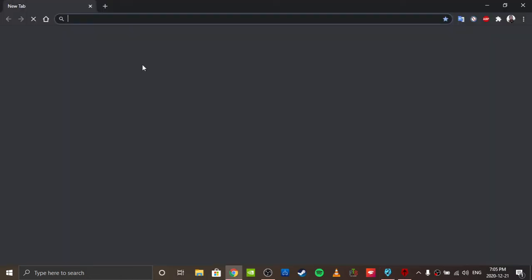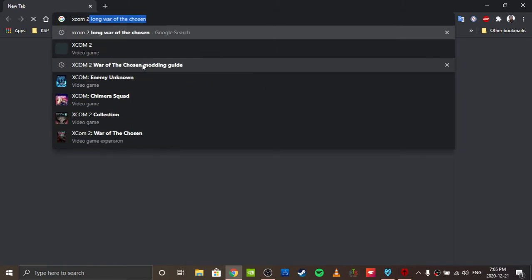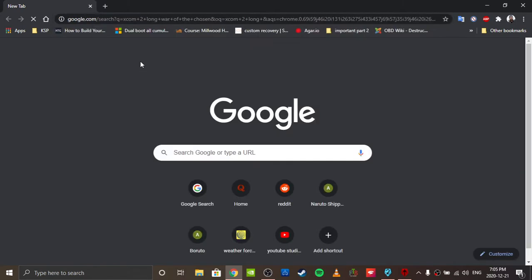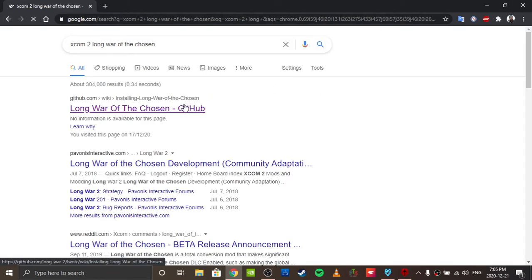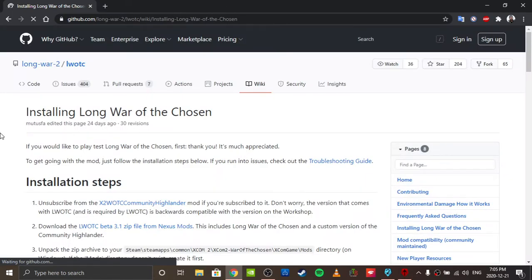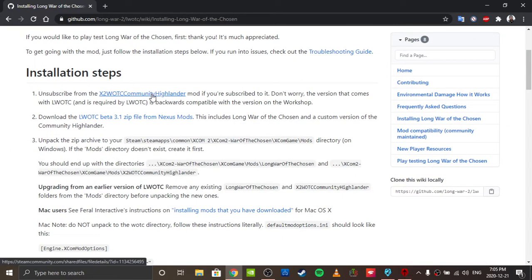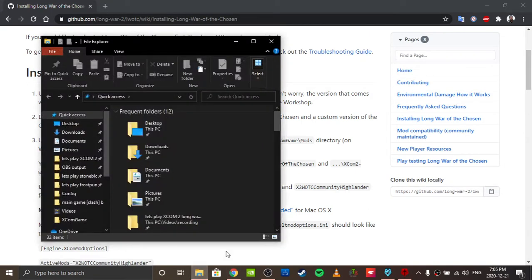Come on, Chrome. But what you have to do is go to their GitHub. And on there, I'll just cover this briefly, as briefly as possible. The XCOM 2 War of the Chosen Community Highlander on the workshop doesn't work with it, but it comes packaged with one. You can download the mod itself from Nexus Mods, and what that comes with is,